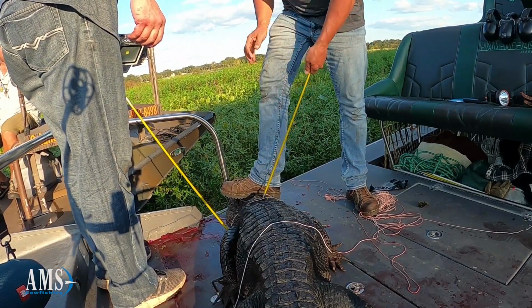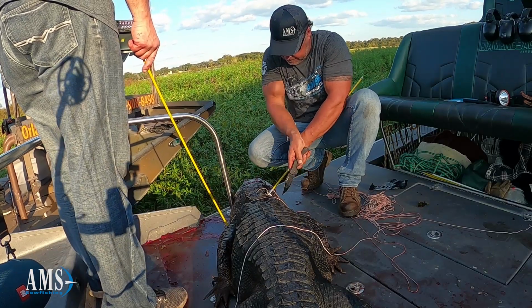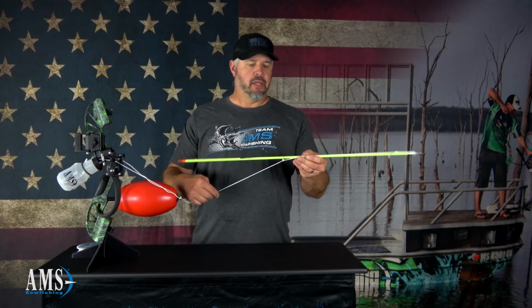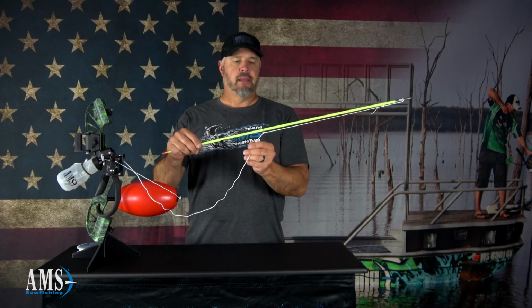And when we got that gator in the boat and we were trying to take the points out, we were pulling on those arrows trying to get that out. It wasn't happening. We had to take a knife to get these points back out of that gator's hide. So now our next thing is, you notice here that once I have everything tight to my point,